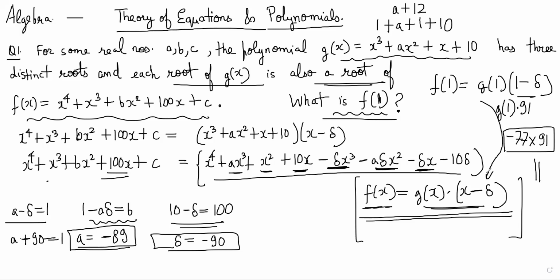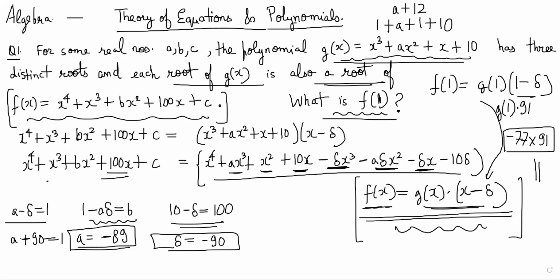Yes. So in general, the reason the question was solved was because we were writing the equation as a product of the factors. And therefore the fourth degree equation also was a product of factors. So it was g(x) into one more factor. And then we just compared coefficients. So that is a pretty simple question if you know how to simplify equations.